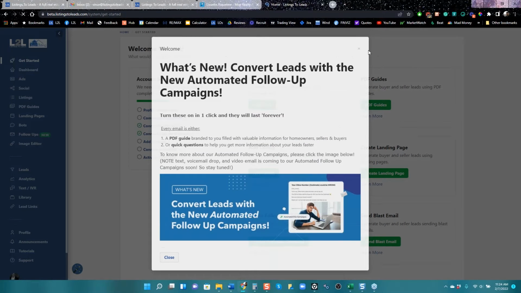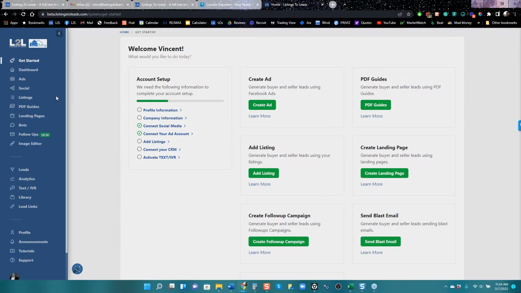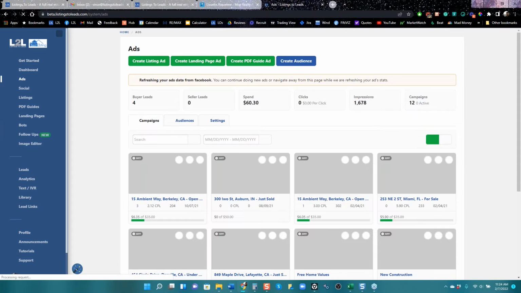Let's see here. So on your account, your third tab is ads, okay? And all of you should definitely do this. And I'll say this a little bit while we wait for this to kind of show up. You may not like social media. I know there are a lot of realtors that don't even like social media. They don't like the concept of sharing stuff or whatever. But when it comes to Facebook,